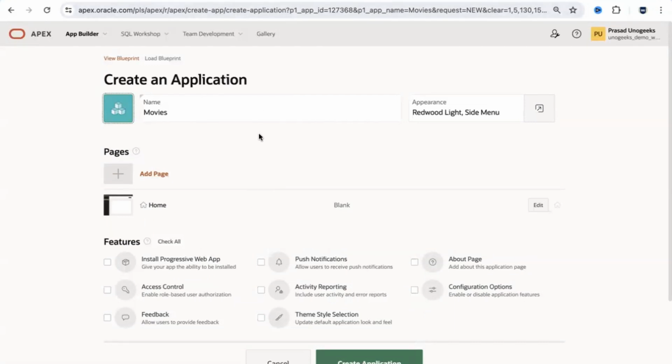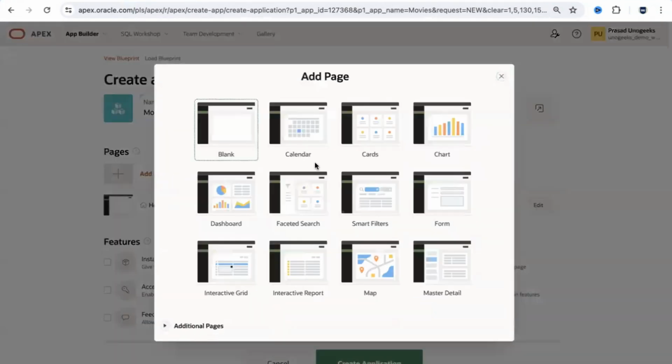Remember in the previous sessions when we did an Excel upload or CSV upload, we could see that a bunch of pages were added automatically, like a faceted search page or an interactive report page and others, right? Since I'm creating this application using the wizard, we have to add whatever pages we want to our application by clicking on the add page option here. I can now click on add page and